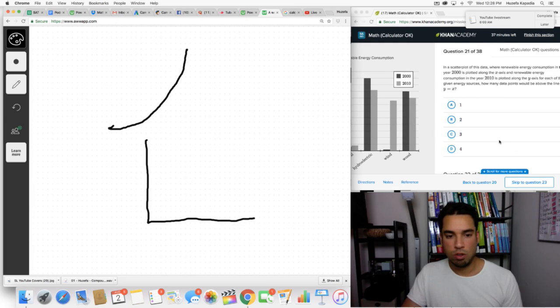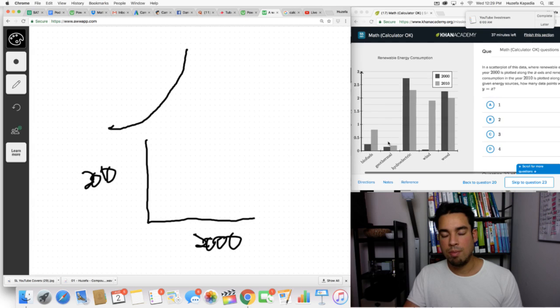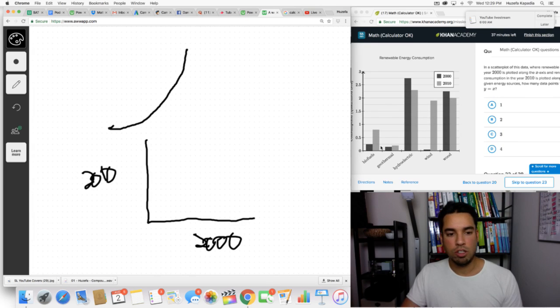I've never seen this. So 2000 is on x, 2010 is on y. And you notice that it looks like 2000 is always smaller. If this is 1 and this is 1, 2010 is lower, so the equivalent value is here. If we had 2, I'm just giving you a rough idea. In every case, 2000 is lower, so it's like we've gone up. Oh, no, not necessarily. It changes. So it would be like here for the second one. It'd be a little bit below. And then the third one,